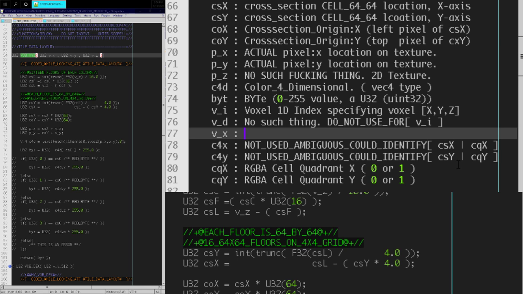So let's do that. So VX, voxel X, and that's